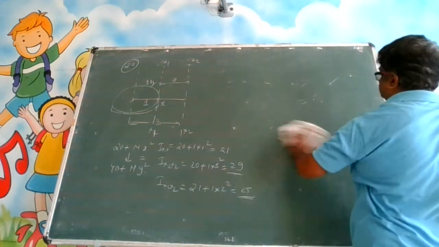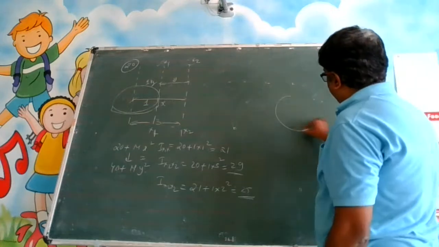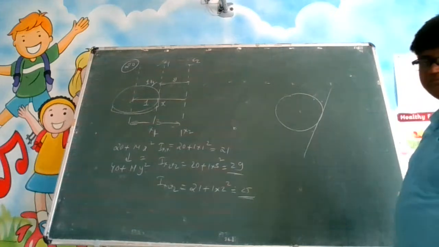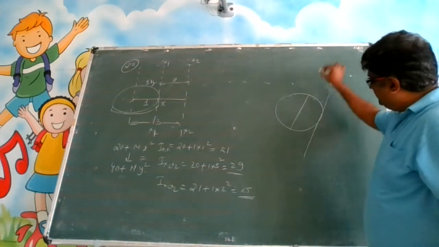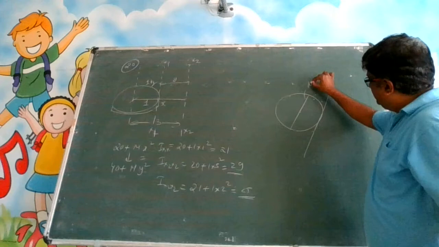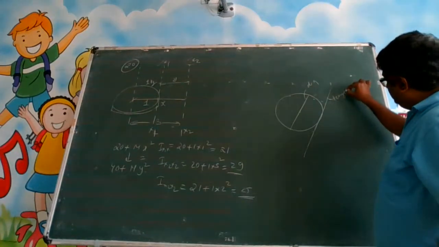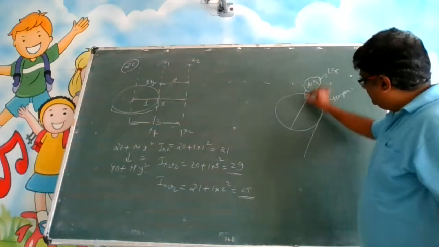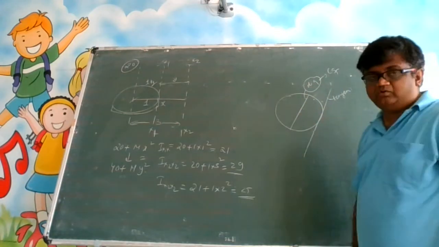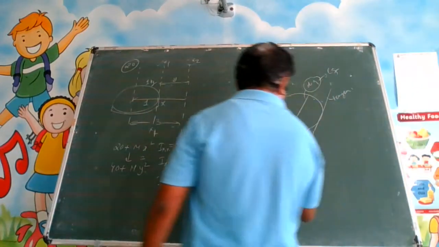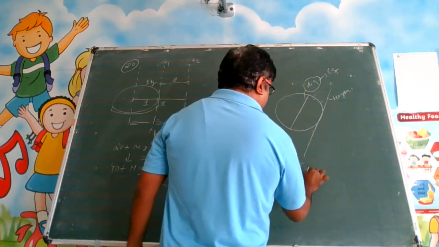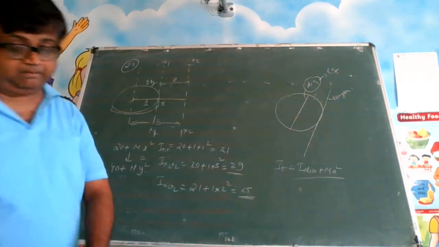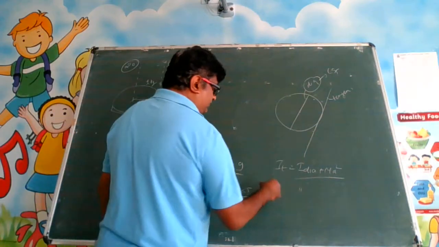See, this was the disk. You want to find about the tangent. So this is my diameter, which is parallel to the tangent. But this diameter also passes through the CG in this direction, because the CG of this is at the center of it. So if you want to find out I tangent, you can write I dia plus m into a square, no issue. But every time your calculation has to be from the CG only.